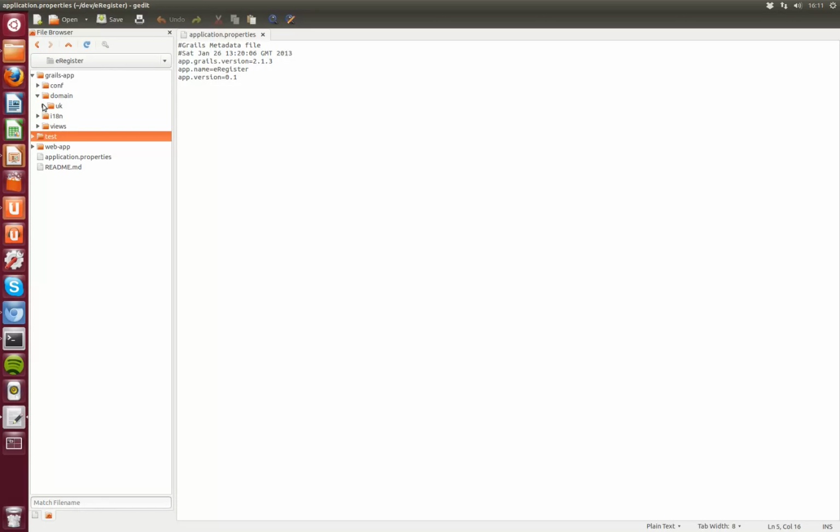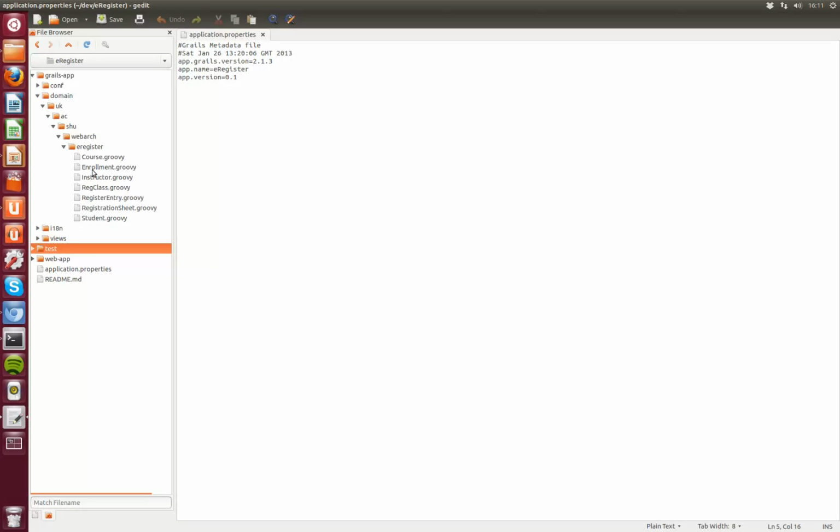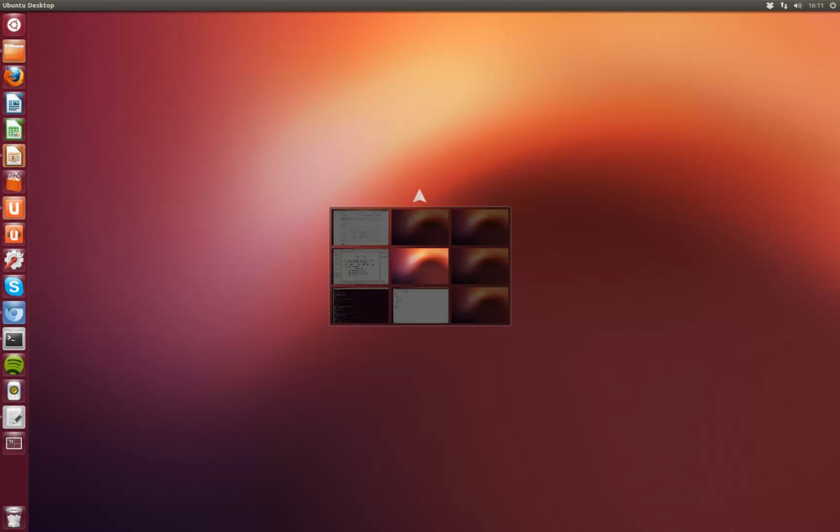The work we've been doing before Christmas was to set up our domain model. So you can see here are our domain classes, and currently this application doesn't have any controllers. And it doesn't have any views. There's a views folder, but there's nothing in it. There are no controllers at the moment. So